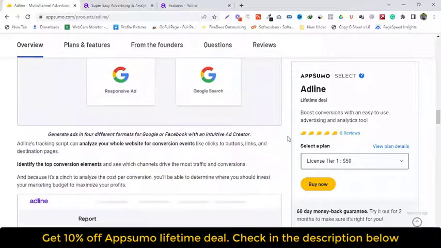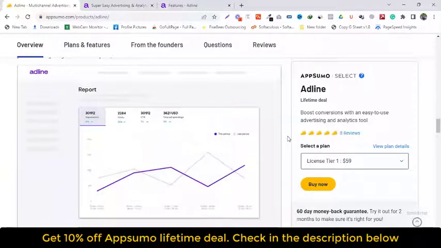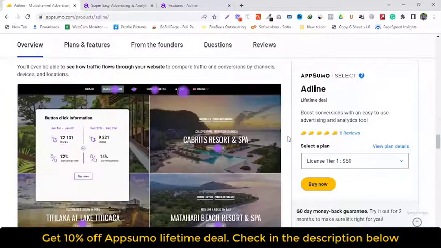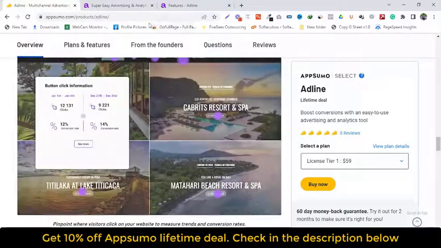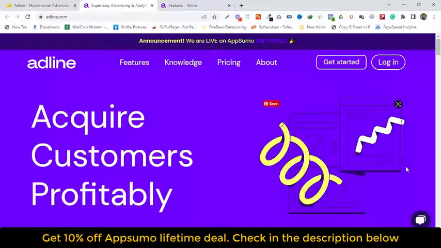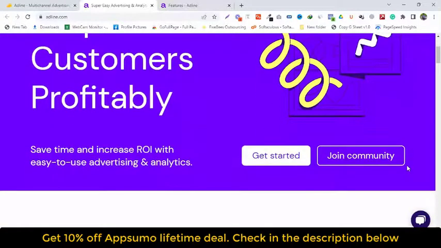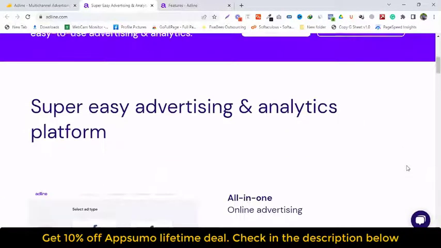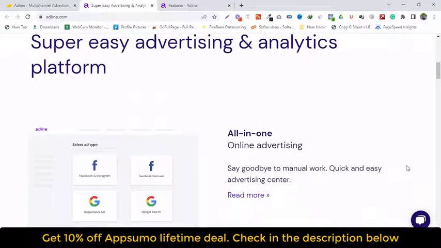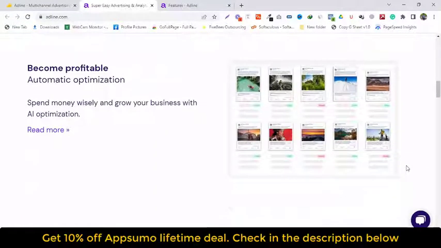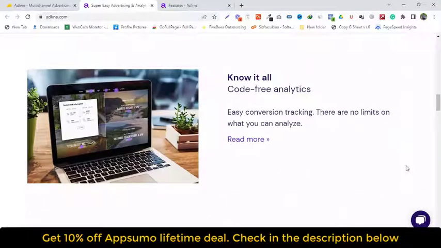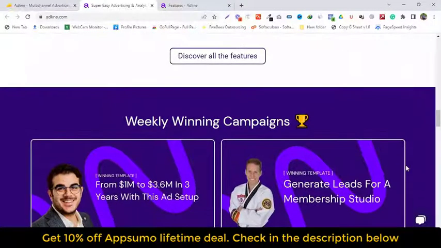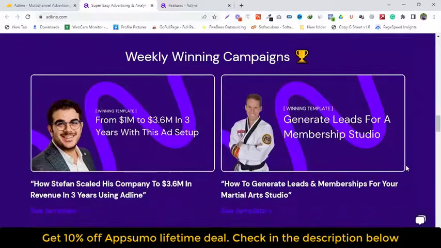You'll even be able to relocate your ad spend more than 40 times per week, ensuring that you're funding ad campaigns that actually work. Whether you're a beginner or an expert, you can create multi-channel ads super fast using the Adline Ads Creator. Just write a headline and description, then upload an image or video to publish your ads on Facebook, Instagram, or Google. You can duplicate your ads and make quick edits on creative or copy to generate multiple variations for testing. Plus, Adline lets you unify your Facebook and Google ads in a centralized campaign builder to manage multi-channel ads without the headache of multiple accounts.